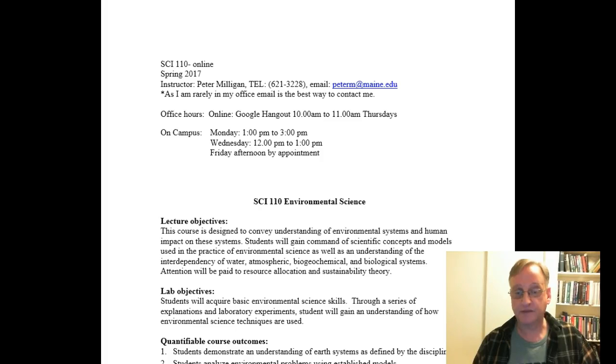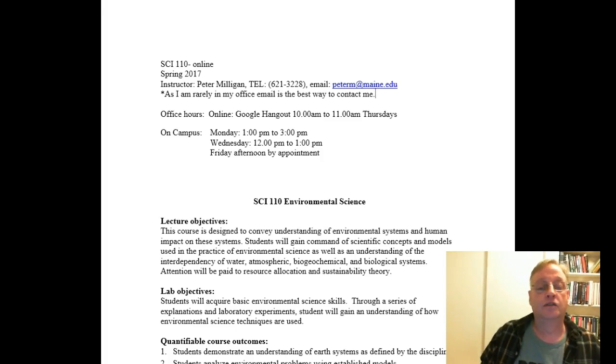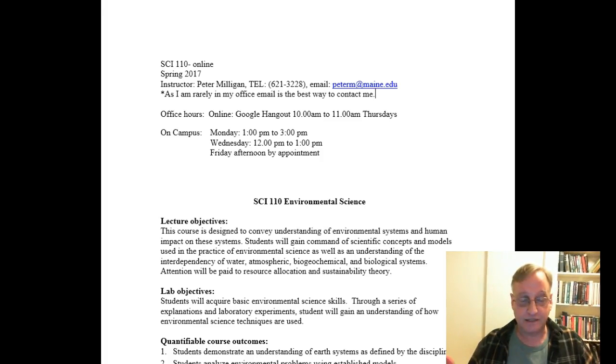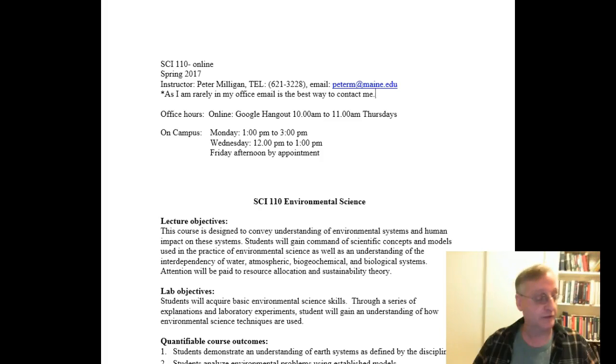I had some difficulty switching my camera over to both document and me, so now you can see the document as well. Sorry, I couldn't do it while the camera was running, so I had to turn it off and start again. I'd just like to go over the syllabus at this time. The syllabus is posted in a folder labeled syllabus inside of Blackboard, and I'll show you the Blackboard page once we've gone over the syllabus, and then where everything is.